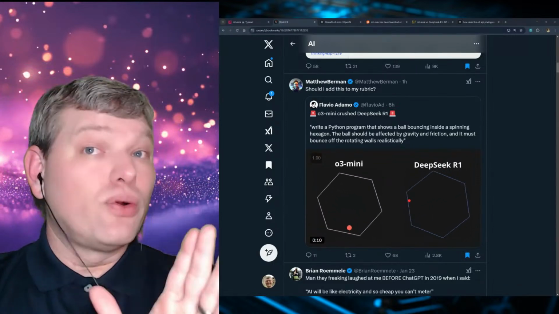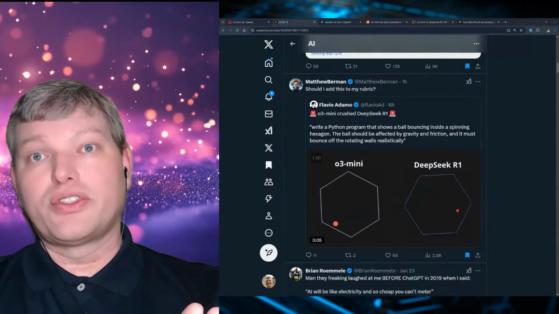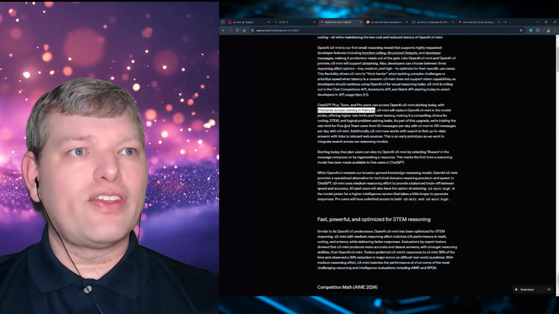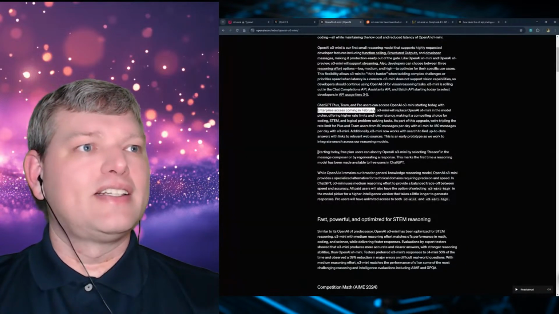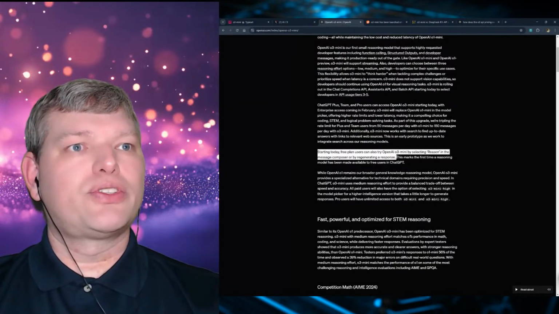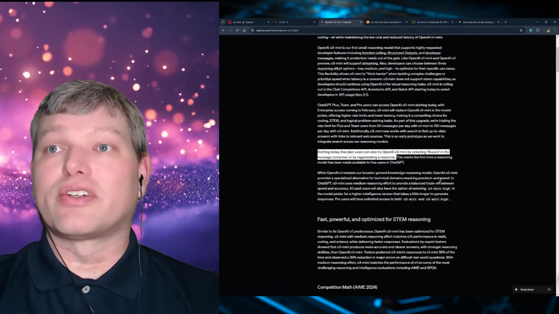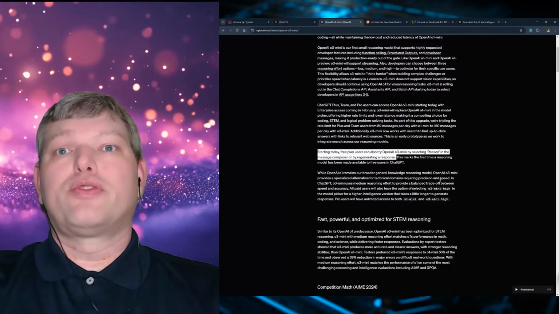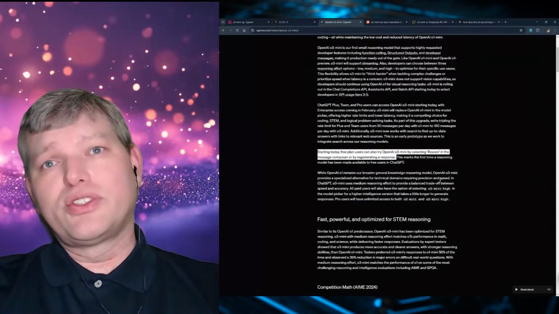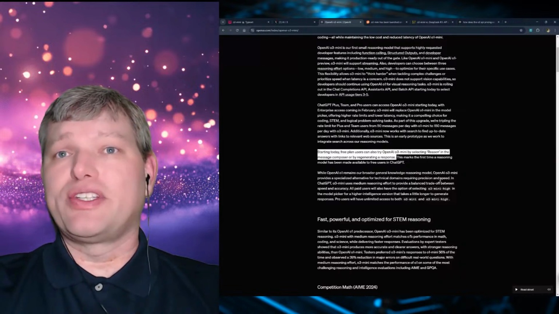But if you are trying to make a decision, should I use DeepSeek R1 or should I use O3-mini? Boy, isn't it great? Because one of the things that OpenAI did is that today, as a part of the release, you can choose to select reason in the message composer, and it's available to you for free. So if you're trying to make the decision, do I use DeepSeek or do I use O3-mini? I think O3-mini is really the better choice.